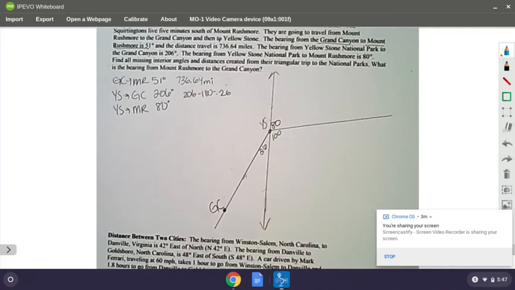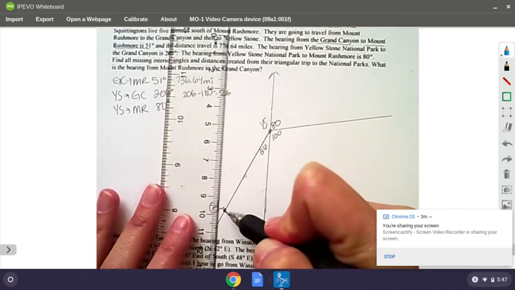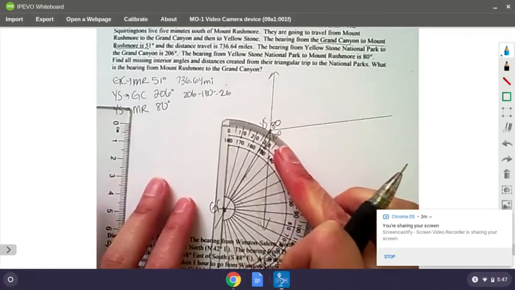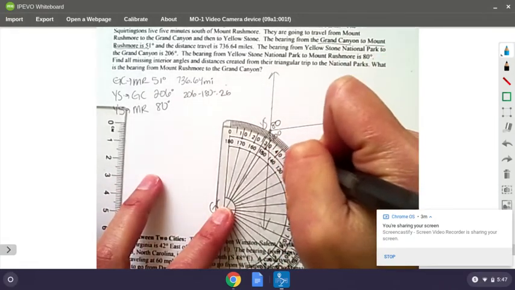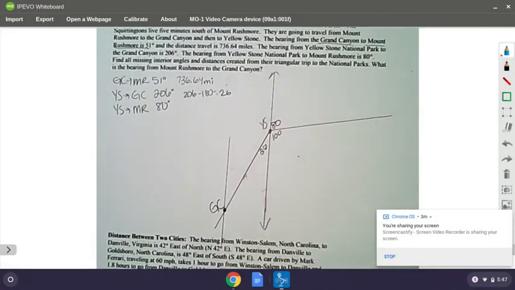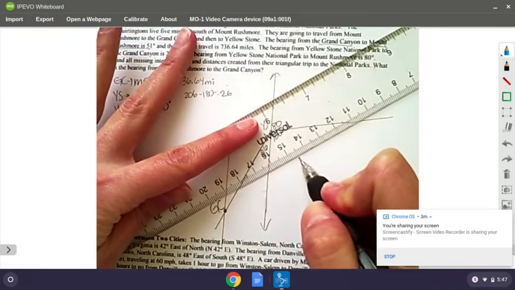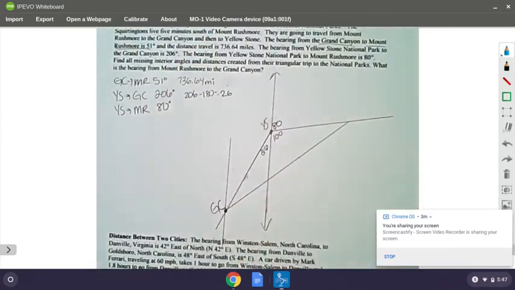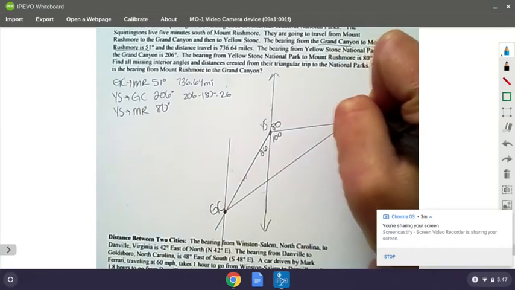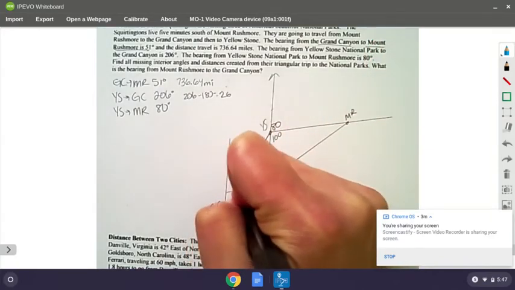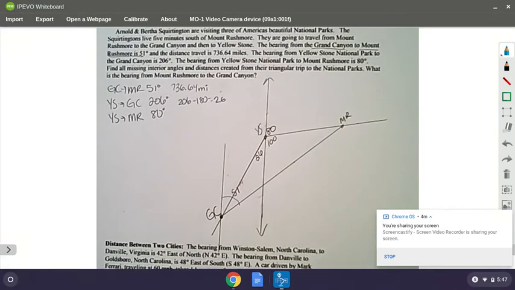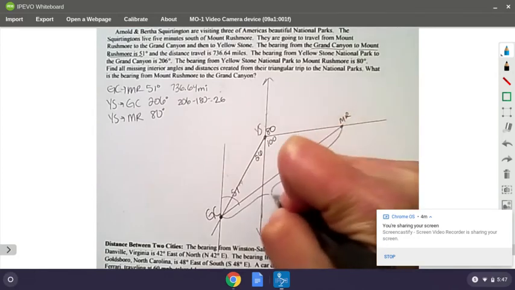Okay, so now Grand Canyon to Mount Rushmore is 51 degrees. Now, remember, anytime you're going to draw a bearing, you need a bearing line. So I want 51 degrees from Grand Canyon. So about here, and then connect that to get Mount Rushmore. And then this whole thing was 51 degrees. Okay, so that's what the basic picture looks like. Also, Grand Canyon to Mount Rushmore is 736.64